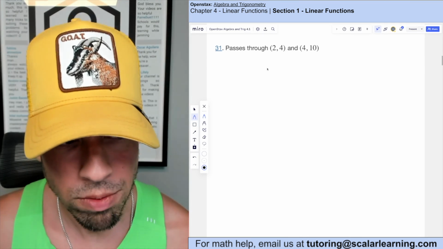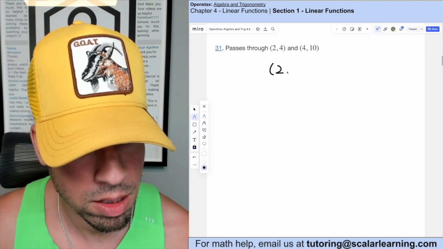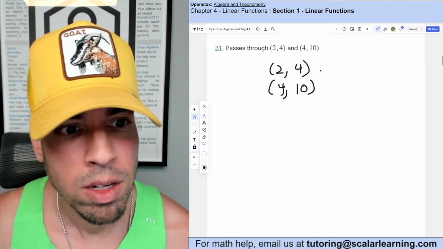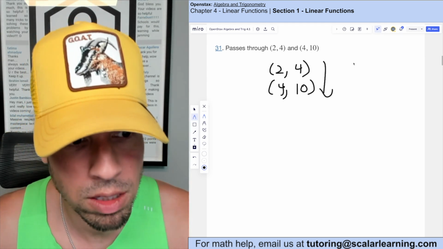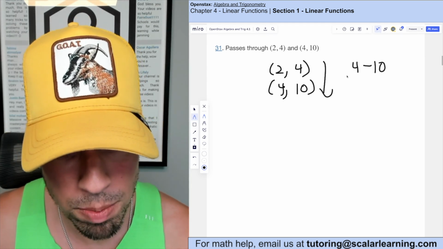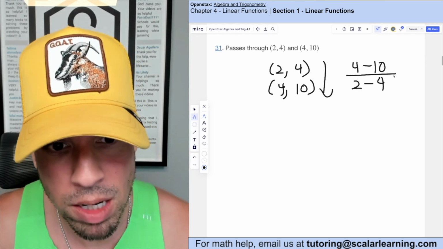So for this one, we're meant to find a linear equation based on these 2 points. So the first thing I'm going to do is I'm going to stack these coordinates on top of each other. Next, I'm going to use that to calculate the slope by subtracting down. So on top, we have the difference of the y values. I go top to bottom. And then I go the difference of the x values, 2 minus 4. Again, top to bottom, just to help me